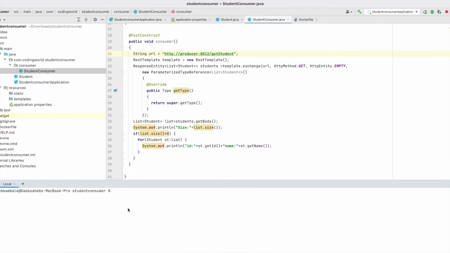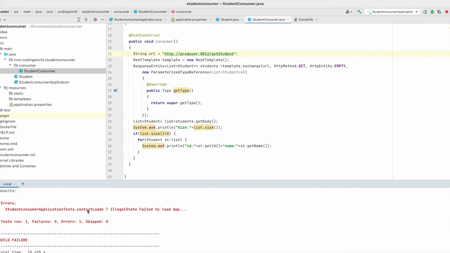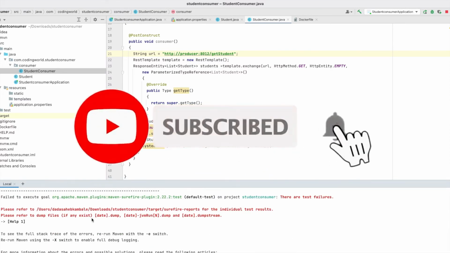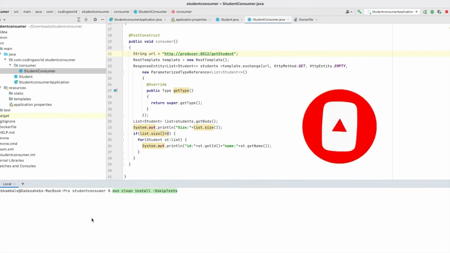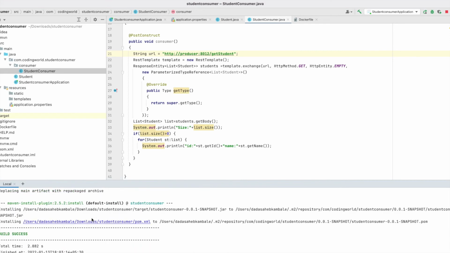So let's build this project, mvn clean install, and then build our Docker image. Wait a second. Okay, it's running the test cases also, so I'm skipping test cases. Yeah, successfully built. Now let's create our Docker image freshly.